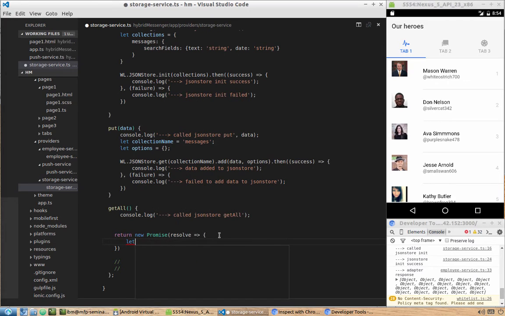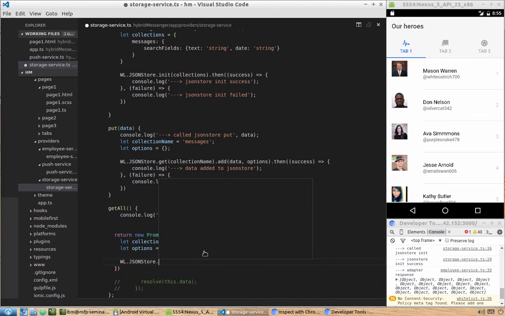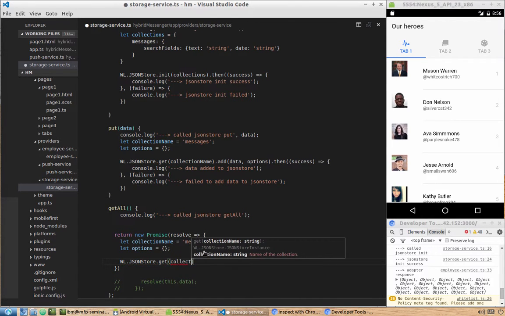So inside we will define, first of all, the collection name, and options we can copy from the previous function. Okay, and finally we will need to use the API again, JSONStore get, then the collection name, and then we can use the find all